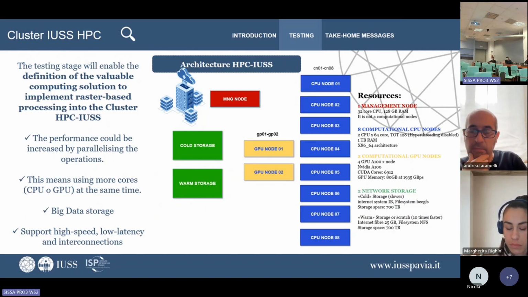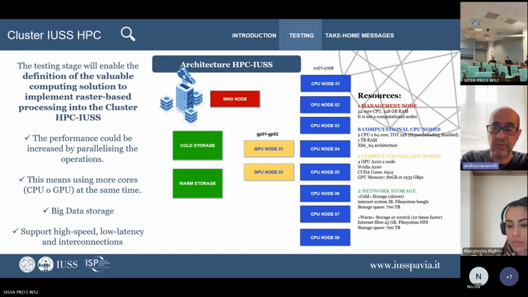The total is 700. How many teraflops? Yeah, I don't know, really. 700. That's the starting point. Actually, this is just for not even pre-operational products because it's not facing other issues, as Margherita and Serena were saying. So this is the base. So in this case, if we start to, let's say, download and archive Sentinel data, it is not enough. It will be saturated shortly. So it's completely not enough.